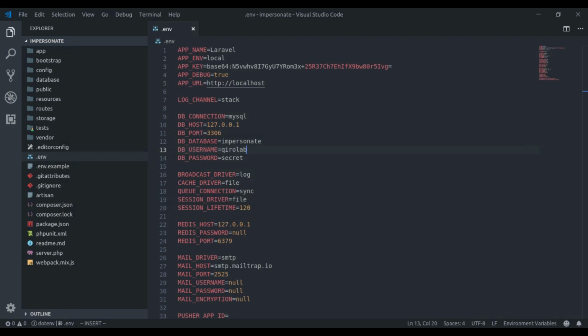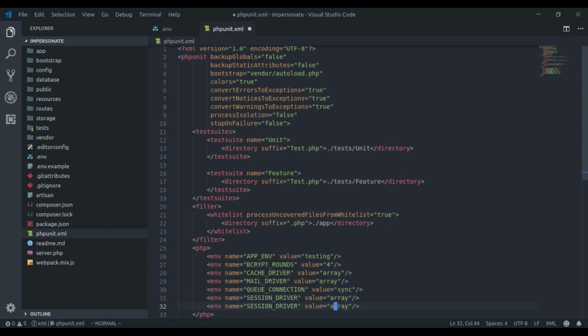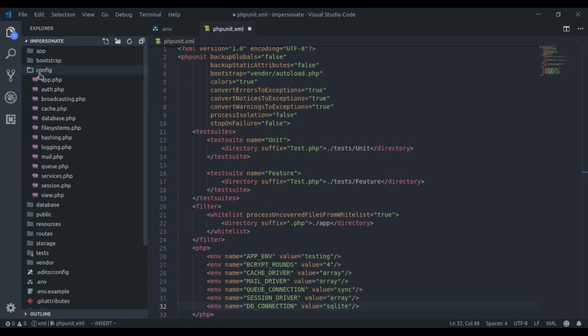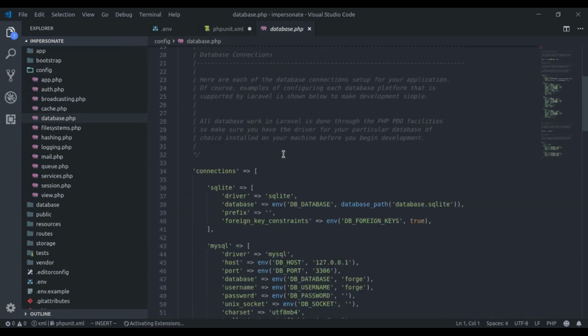Our next step is to configure the phpunit.xml file for our test cases. At the bottom right here, I will add environment variables for database credentials. Here we're gonna add DB_CONNECTION, SQLite. If we see the config database.php file, right here at SQLite, we need to add DB_DATABASE.